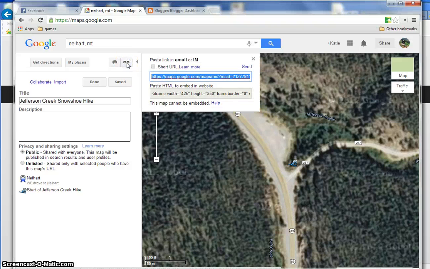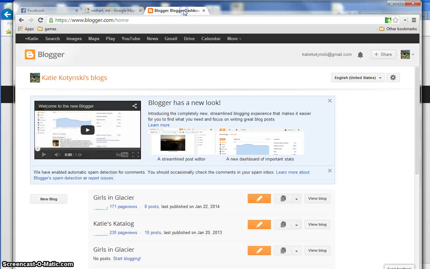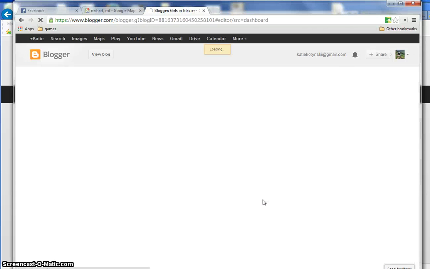And now that I have finished my map, I'm going to use my little sharing linking tool here, and I have two possibilities. I can use a link or an embed code. Let's copy the link first. I'm going to copy the link, and then I'm going to pop out here to one of my blogs. I'm going to click on my blog,